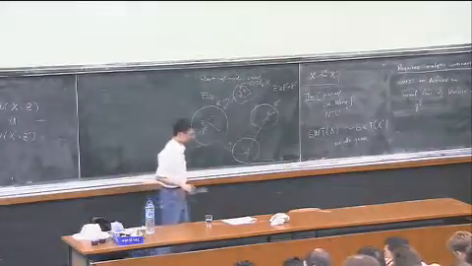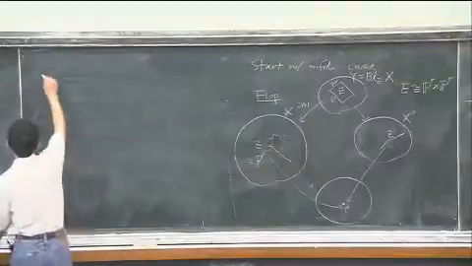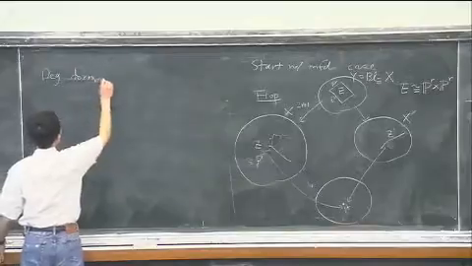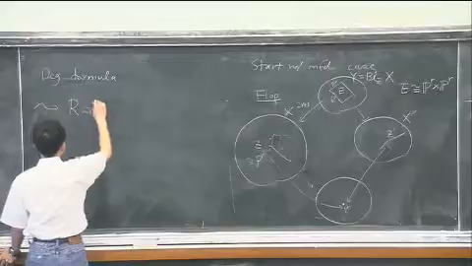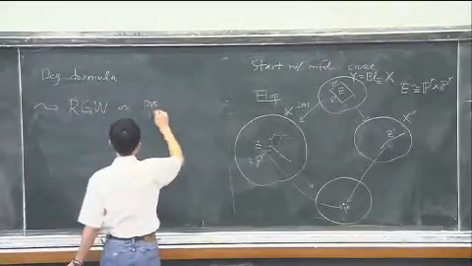So the degeneration formula reduces to relative Gromov-Witten invariants on the projective completion of a neighborhood